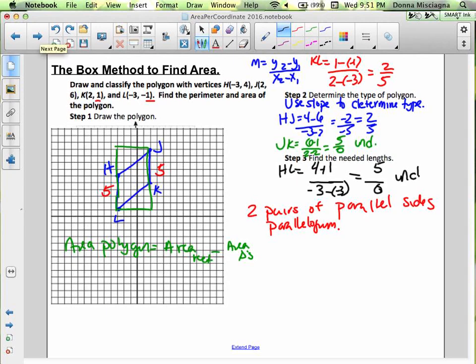All right, so our box here, 1, 2, 3, 4, 5, 6, 7, 8, 9. And then along the bottom there, 1, 2, 3, 4, 5. So the area of the rectangle